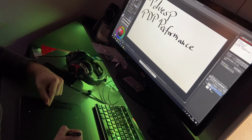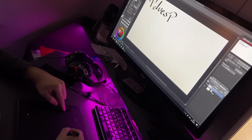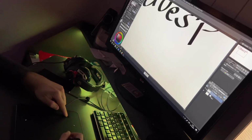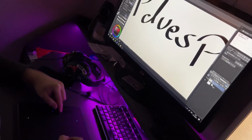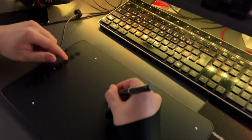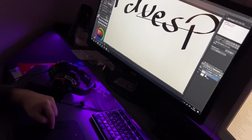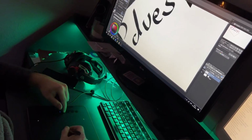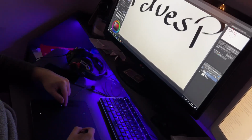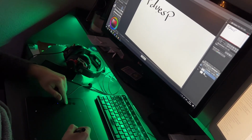The drawing pad supports tilt. It supports up to 60 degrees of tilt brush effects and delivers smoother and more natural lines and strokes, while also giving us the ability to add shading to our creation. This digital drawing tablet with Android support can be used with Windows 10, 8, 7, Mac OS 10.10 and above, Android 6 and above, and Chrome OS